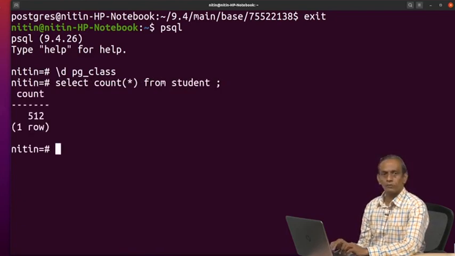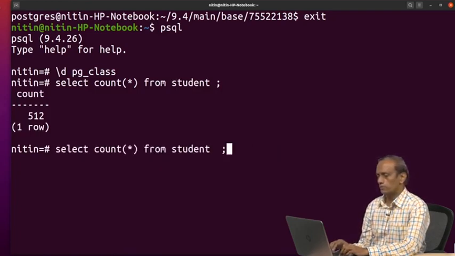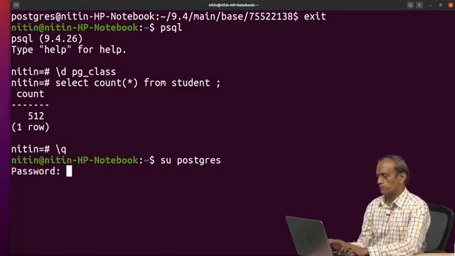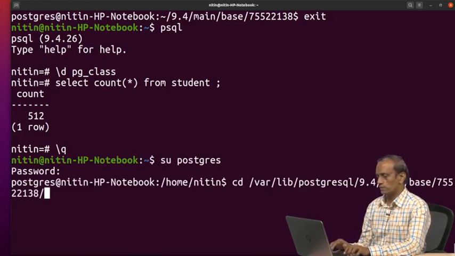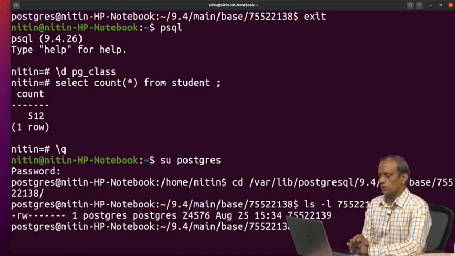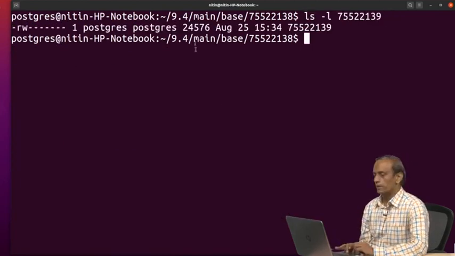The number of records was 512. Then we saw the size was 24576, in this case 24576 bytes.